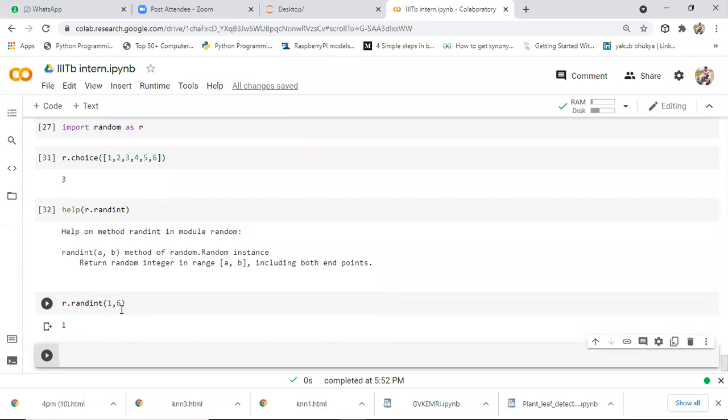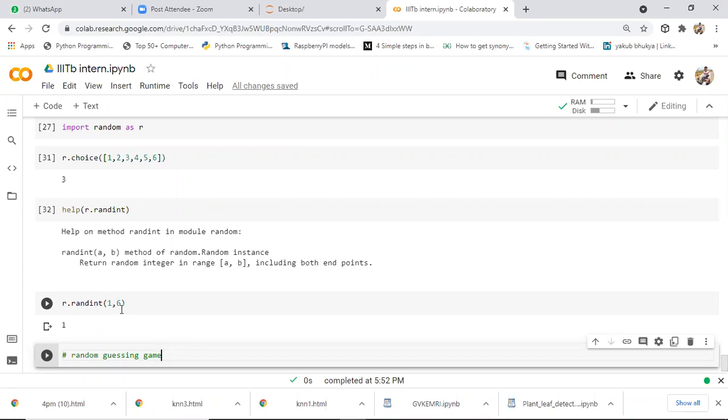Now, at the end of this day, today I'll explain one program. In this program, I need to develop a random guessing game. Here I want to develop a random guessing game. On that game, initially I want to generate a random number in the range of 1 to 10, and I need to guess that randomly generated number.